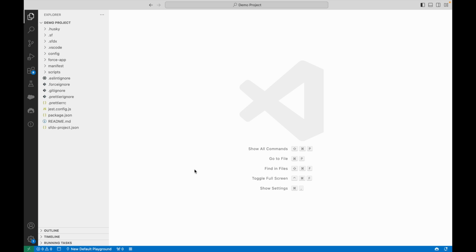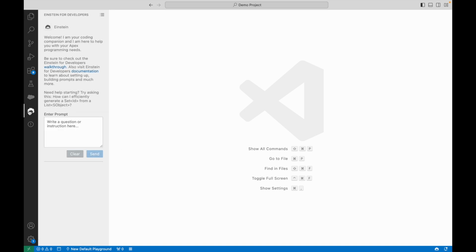Hi, I'm Tom Bassett, and in this video we're going to explore Einstein for developers and run through an example use case of where it may be able to help. Assuming you've already installed Einstein for developers, within Visual Studio Code, along the left-hand panel, you should be able to